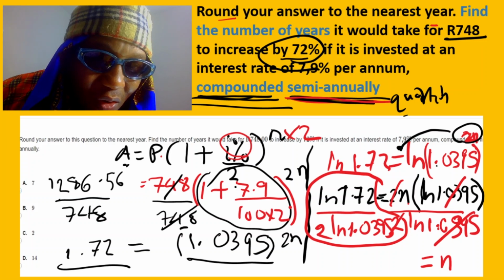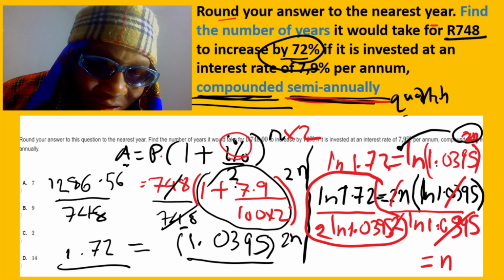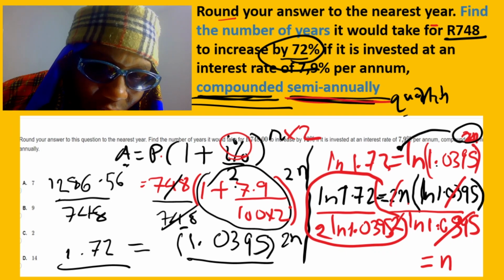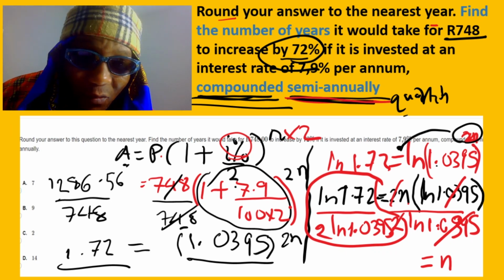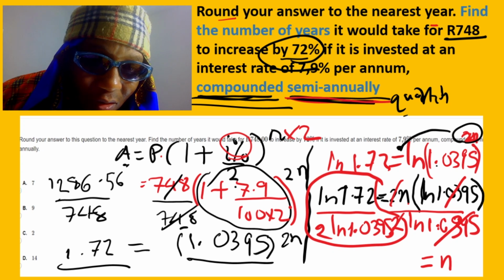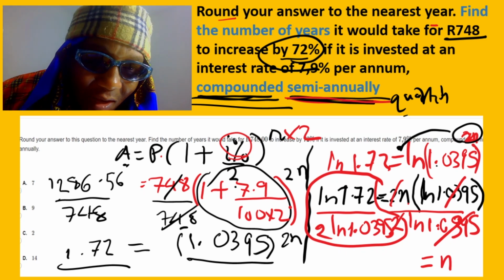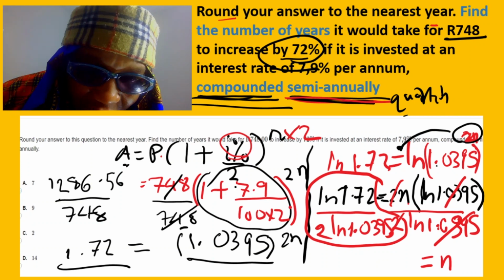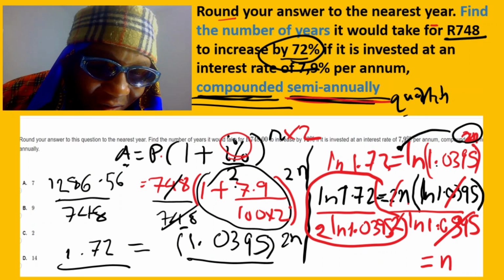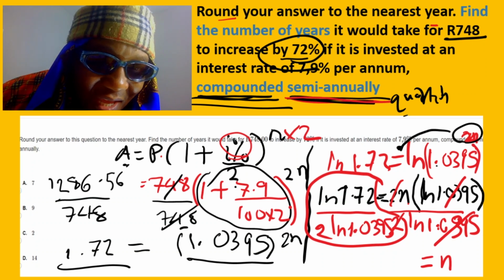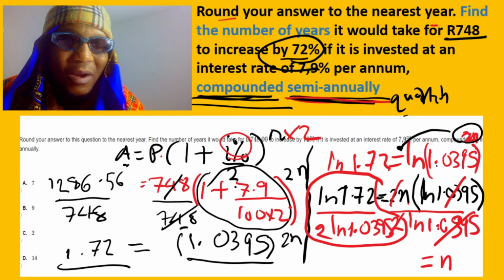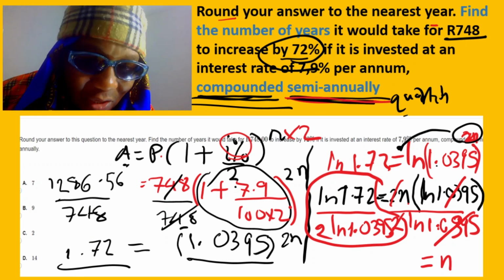We have a 2, see here, 2, and then we have ln, and then we say ln of 1.03995, close the bracket. So this one here gave us 6.99, but when you approximate it, it equals 7, because